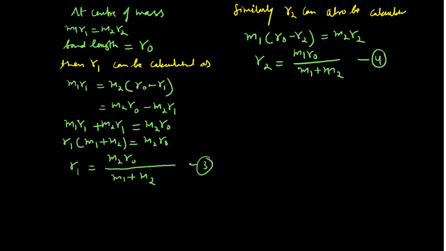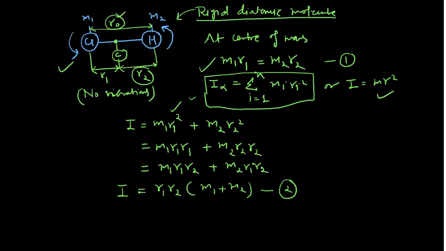So you are getting these equations. Now you check your equations 2, 3 and 4. So what can we write here? From equations 2, 3 and 4, simply, what is the meaning of that? We are putting the values of R1 and R2 from equations 3 and 4 into equation 2. So what was your equation 2? If you go back, this was your equation 2.